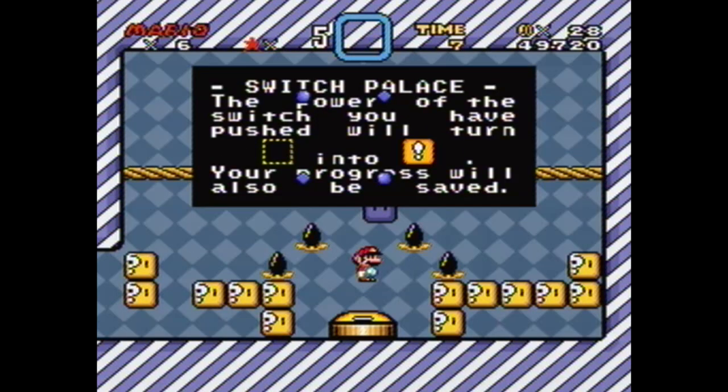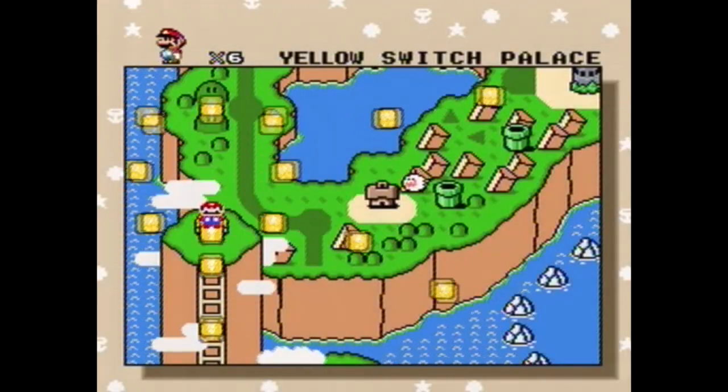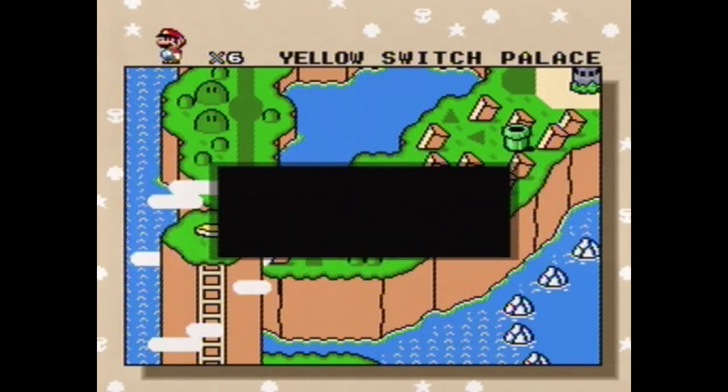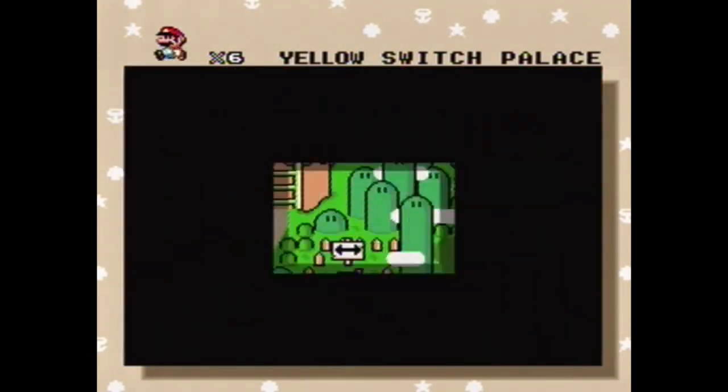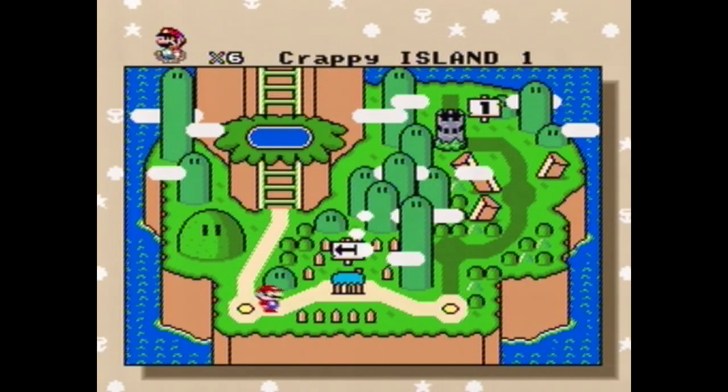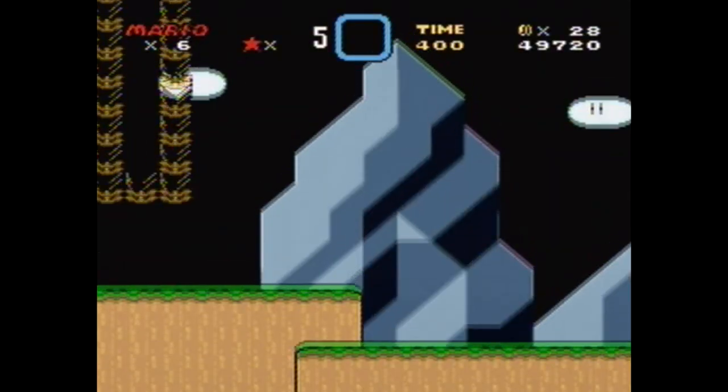There you go. The power switch you have pushed will turn dashed into solid. Your progress will also be saved. Oh, thank goodness. Well, I mean, I have to admit that wasn't as crappy as it could have been, to be completely honest. If I'm being honest, I think you could have done a lot of things to make the Yellow Switch Palace more crappy. Okay. Hey, so now to test my theory of you probably force the player to...